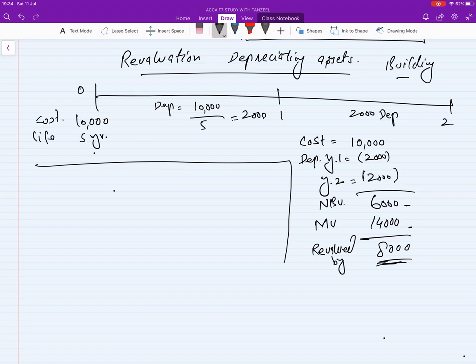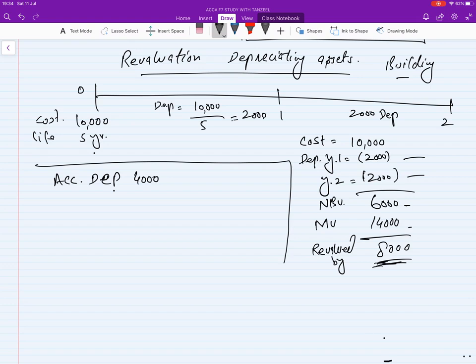Thus, for the depreciating asset, standard says reverse all the depreciation you have before. It means we were having 2 years depreciation, 1 and 2, so we will reverse all depreciation, accumulated depreciation. We will reset it to 0,